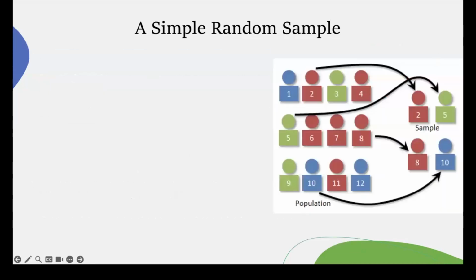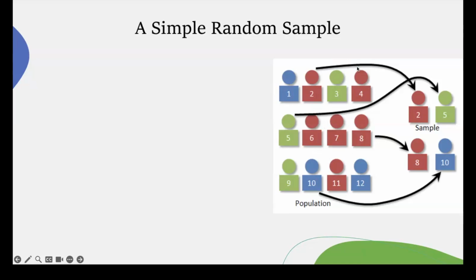Okay, so here's an example of an easy small population that's being randomly sampled to create a small sample. The population you see here, these are supposed to be people, and they're numbered 1 through 12. And these people have different characteristics. We have blue people, we have red people, and we have green people. And it looks like we have more red people than anything else. And we have 3 green and 3